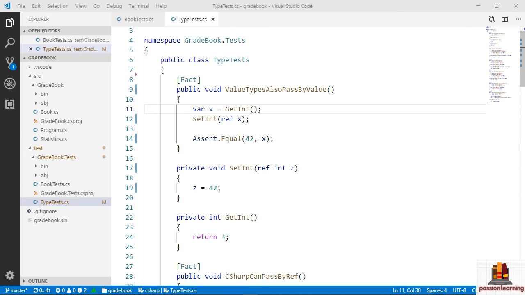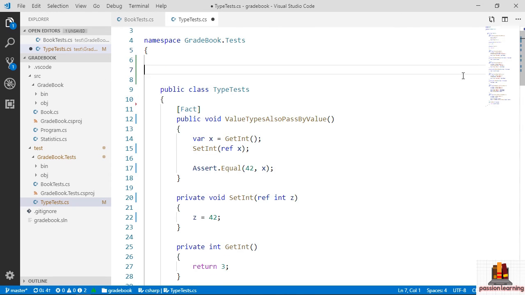How do you know when you're working with something that behaves like the integer, a simple value type? And how do you know and can be sure that you're working with a reference type, so a type like the book class that we wrote? Well, the rules are very, very simple. Whenever you are working with something that has been defined by a class, then you are working with a reference